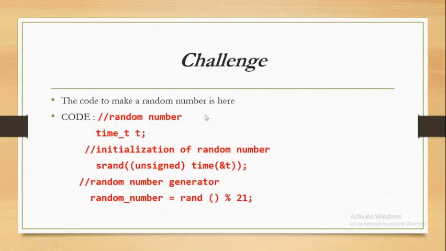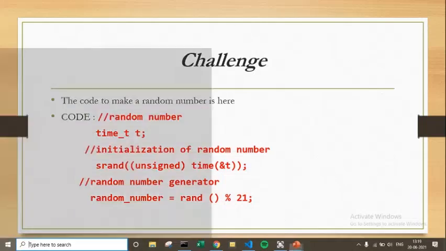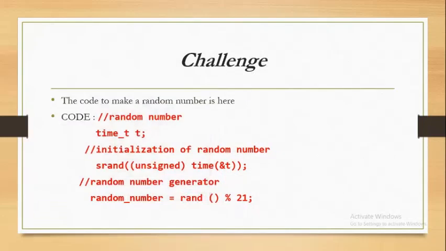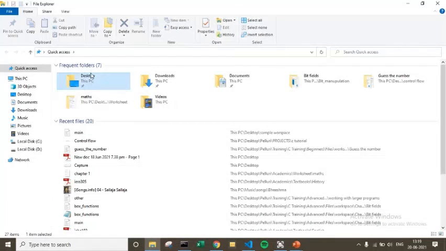You might be thinking how to generate a random number, but don't worry, you don't need to understand this code. Just apply it. These are comments so that you will understand what these lines are. But these 3 lines are very important. First, you declare a variable for the random number and initialize it, and this line will generate the random number, which should be between 0 and 21. So you should even apply an if condition for this. Let's see how the random number will work. Just a second.